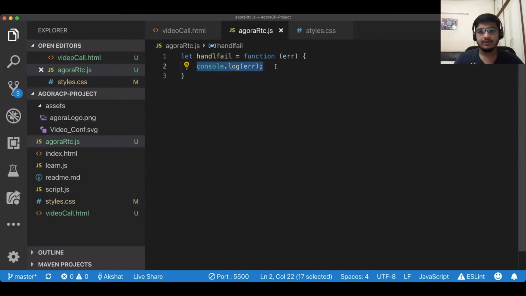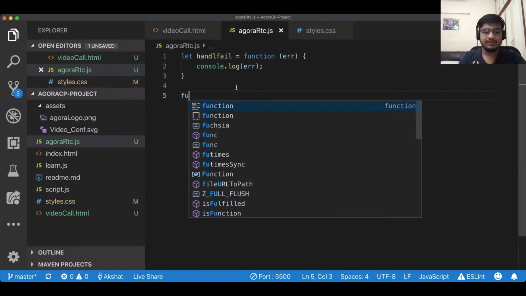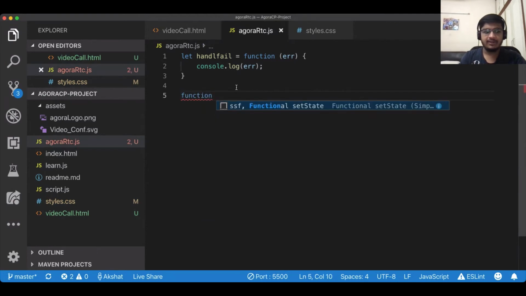So this will come under the DevTools of whatever browser you're using, be it Brave, Chrome, Safari. Then this is just something which I like to do in the start. You can put it in the end as well after the main functionality is done. But I like to lay out a few functions which I'll be definitely using here and there beforehand. So now that I'm handling the fail condition, I'll have an option for adding the video.